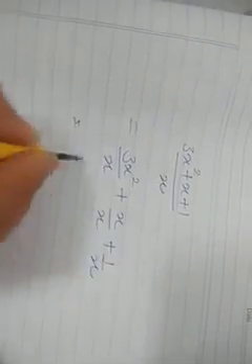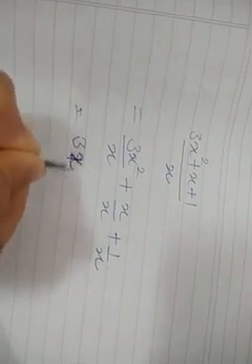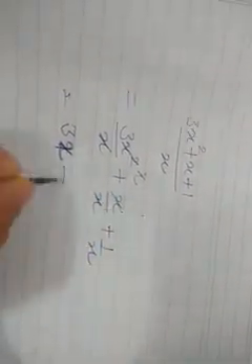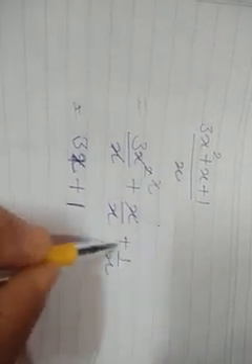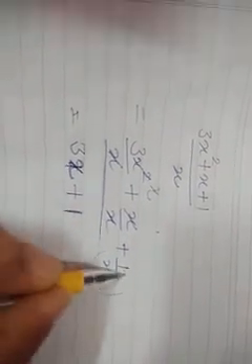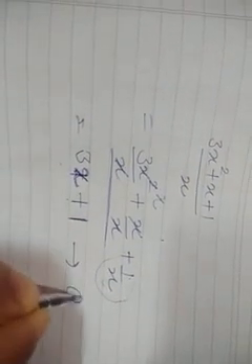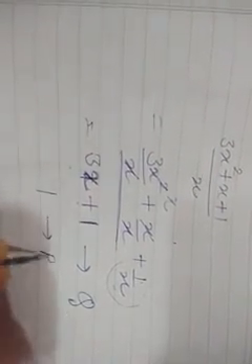So when you divide 3x square by x, it will be 3x. X square, when we reduce x square with x, we will be left only with x. This x is cancelled by x, we will be left with 1. Now this 1 is not divisible by x, we cannot reduce this 1 with x. So in this case, this 3x plus 1 will be the quotient, and 1 we will get as the remainder.